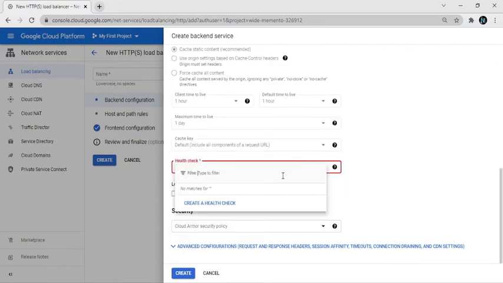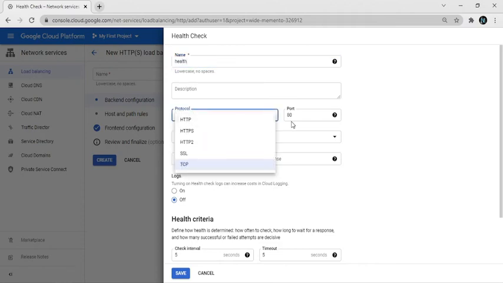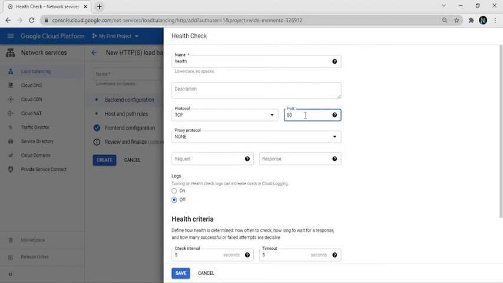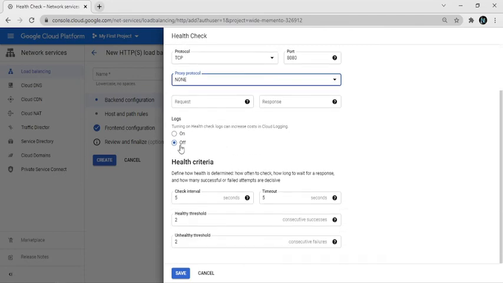Here, check health check. Write a name to create the health check, protocol HTTP and port 8080, and proxy protocol is none. Logging options are off.